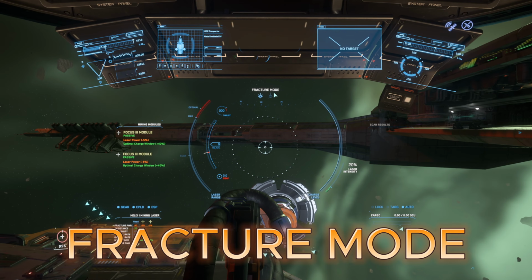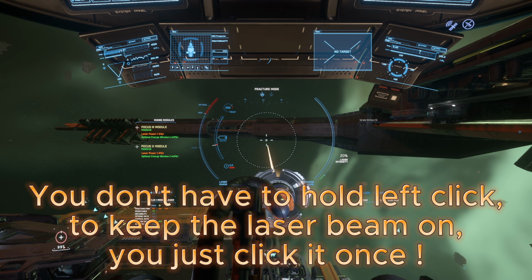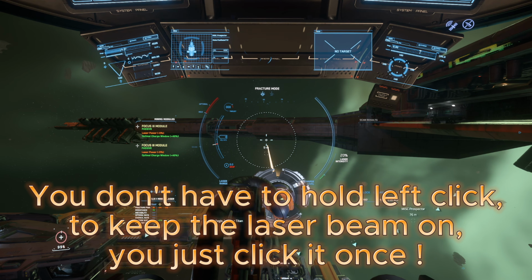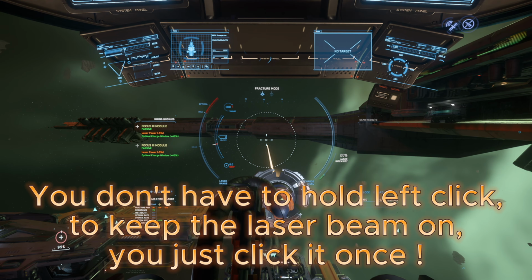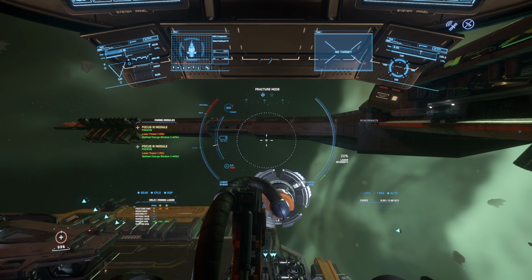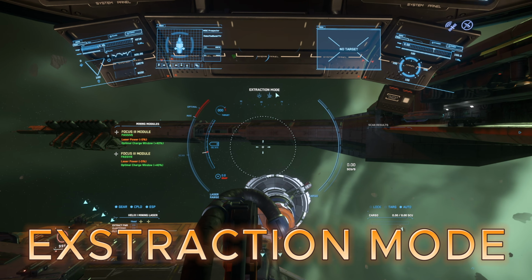This is now put on the laser for cracking rocks. And if you press left click, you see now this yellow laser is turned on. And with this laser you can start cracking rocks. If you wanna collect the rocks after cracking, you need to press right click, put it in extraction mode, and